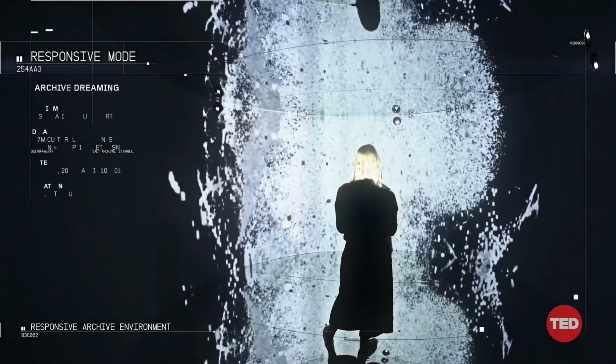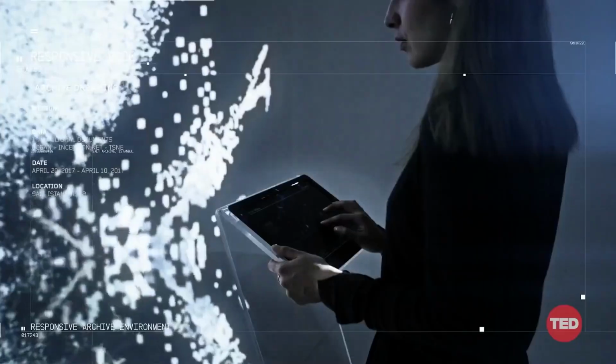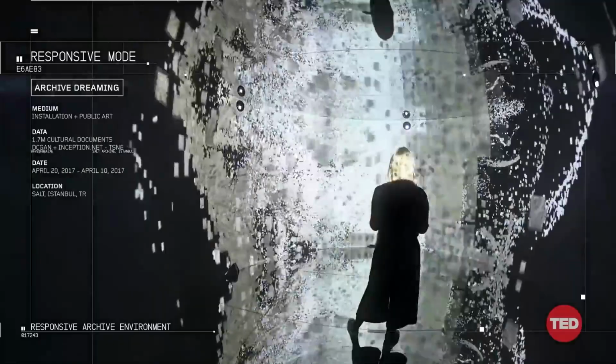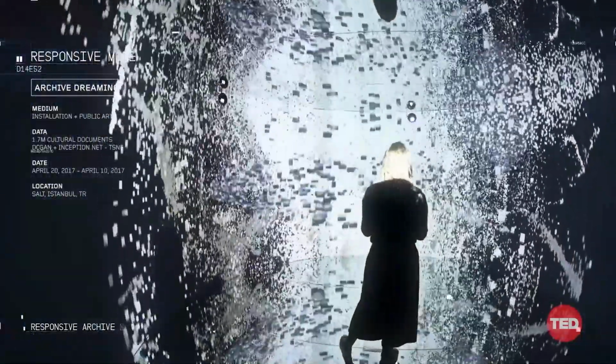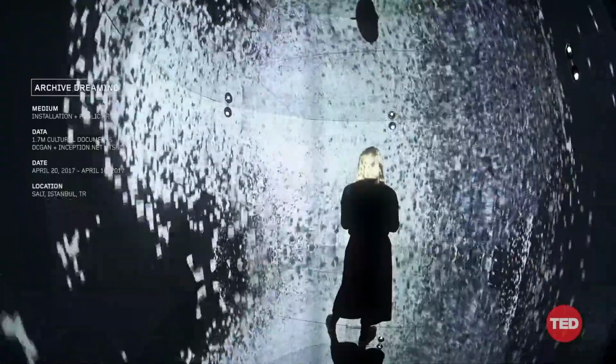One of our inspirations during this process was a short story called The Library of Babel by the Argentine writer Jorge Luis Borges. In the story, the author conceives a universe in the form of a vast library containing all possible 410-page books of a certain format and character set. Through this inspiring image, we imagined a way to physically explore the vast archives of knowledge in the age of machine intelligence. The resulting work, as you can see, was a user-driven, immersive space. Archive Dreaming profoundly transformed the experience of a library in the age of machine intelligence.